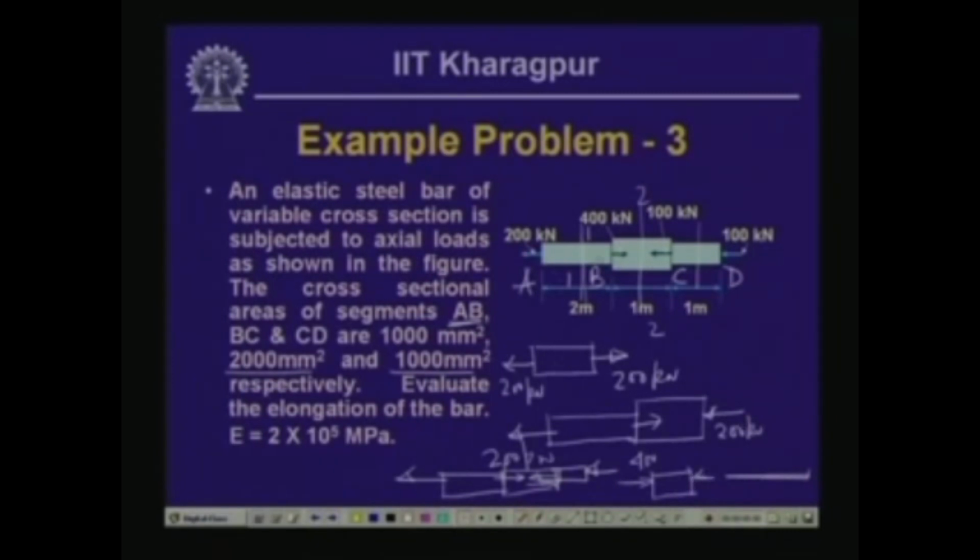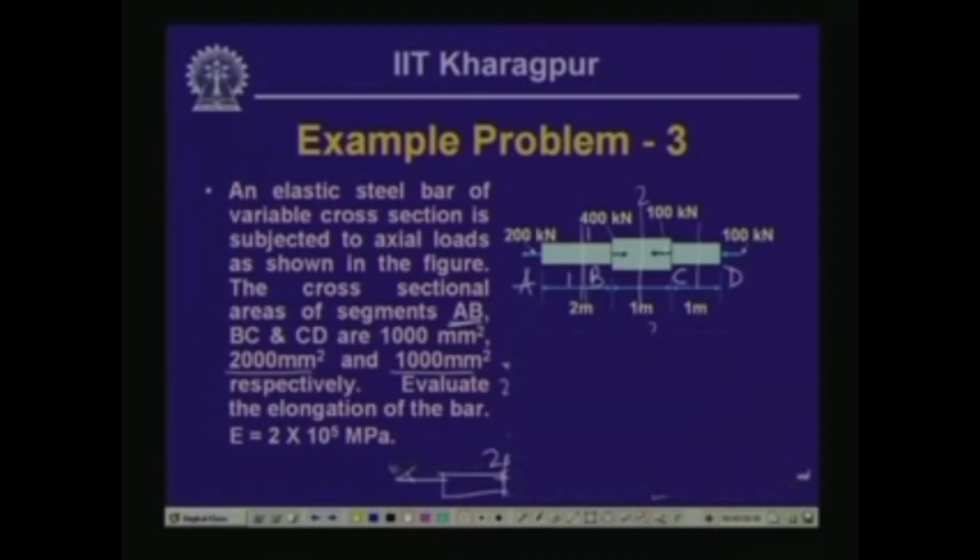So, the first part is under tensile pull of 200 kilonewton, the central part is under compression of 200 kilonewton, the third segment is under compression of 100 kilonewton. Now, for this, if we calculate the deformation for three segments, we can find out the total delta as summation of PL by AE,